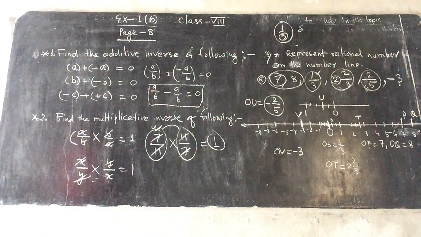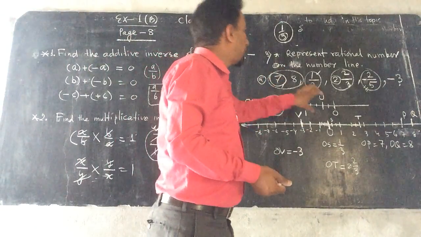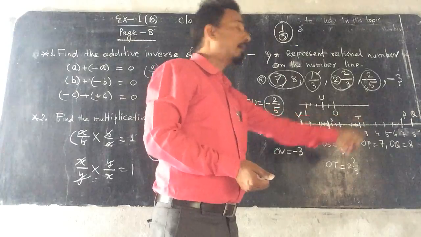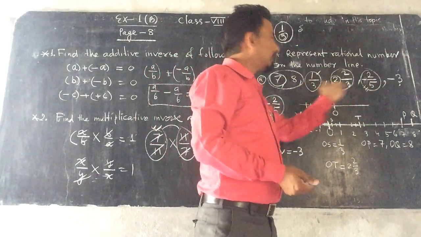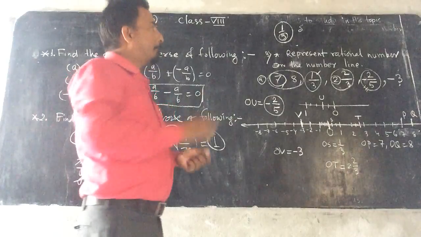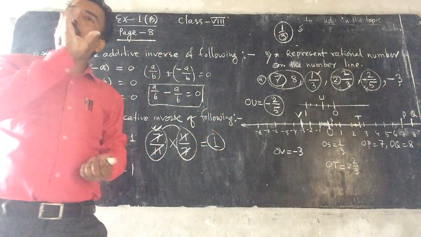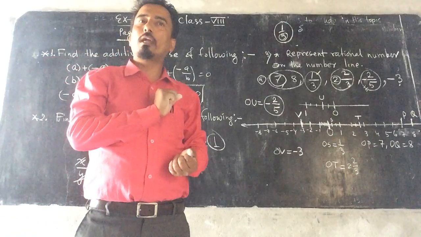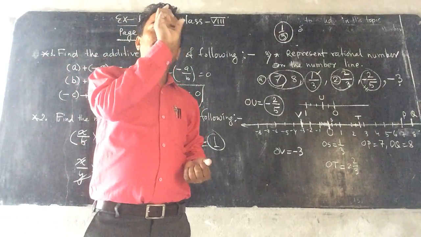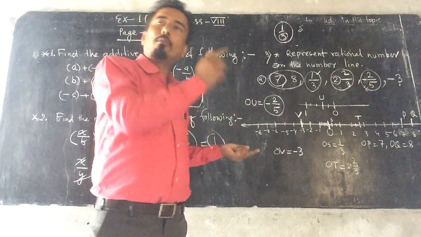It is very easy. I already told you in the beginning that it is easy to plot whole numbers on a number line. But if the numbers are fractional, then you will have to think a little bit. But representing an irrational number on a number line is a difficult task. For that you have to use a compass as well as a scale. Now in the next video I will teach that. Okay.